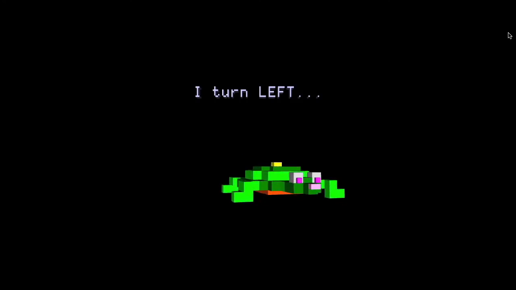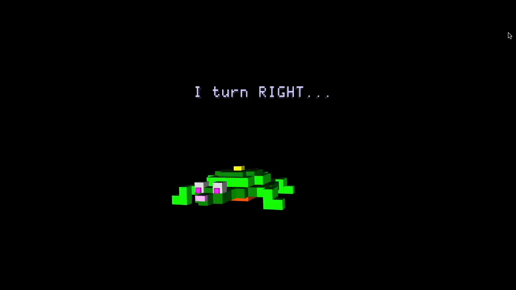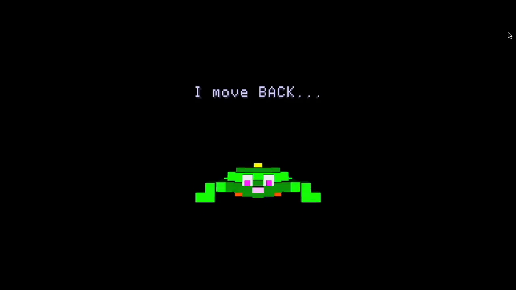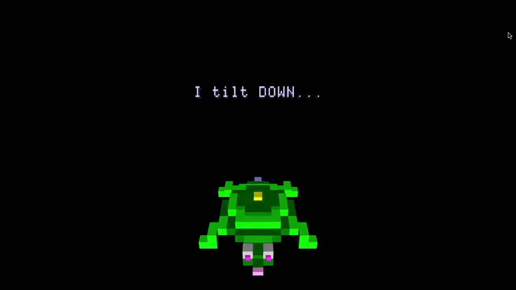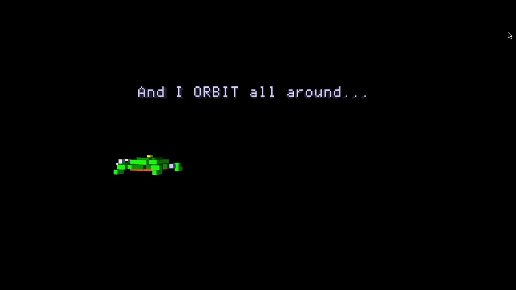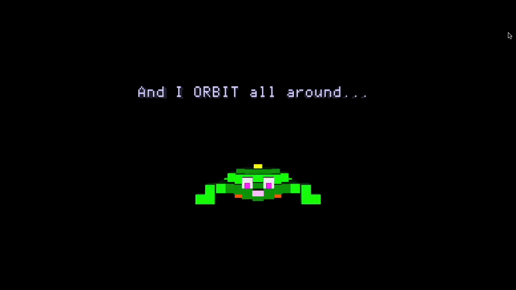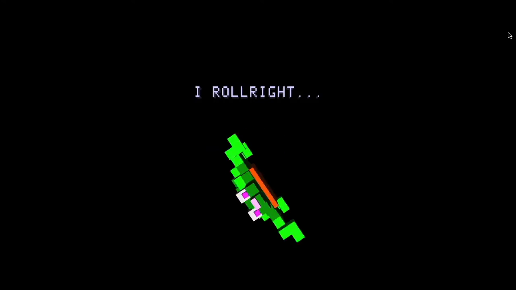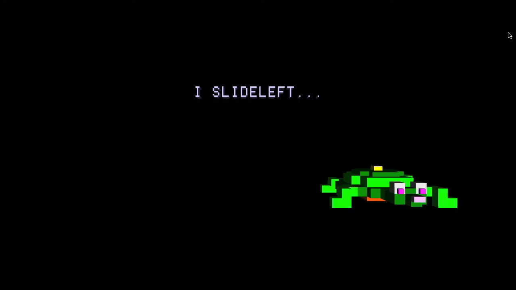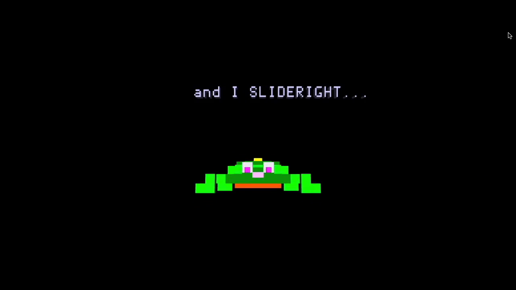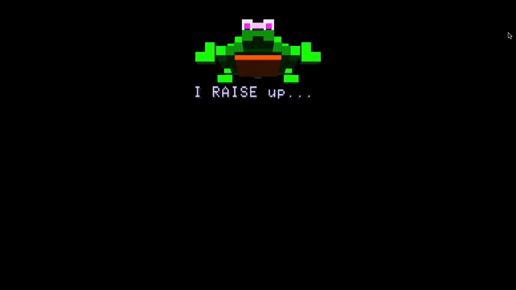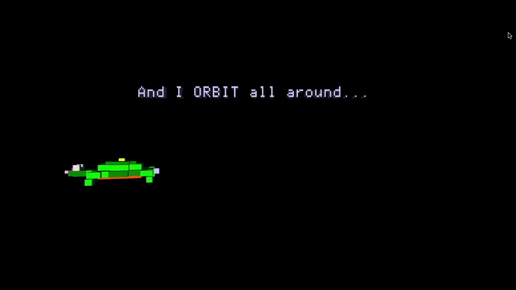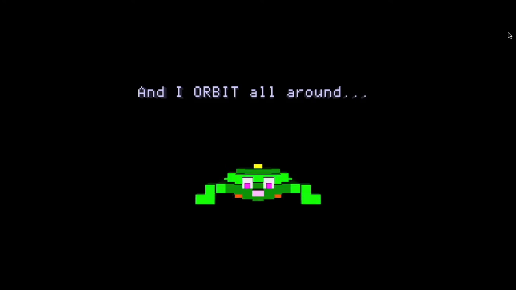I turn left, I turn right, I move forward, I move back, I point up, I tilt down, and I orbit all around. I roll left, I roll right, I slide left and I slide right, I raise up, lower down, and I orbit all around. I draw lines